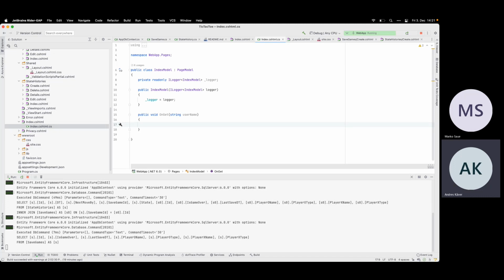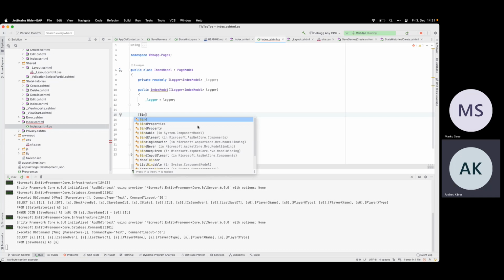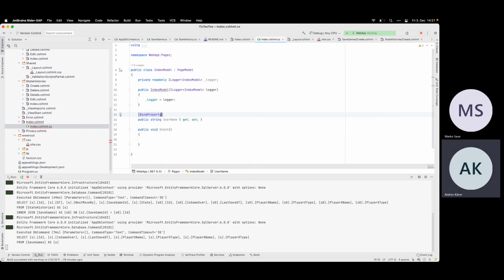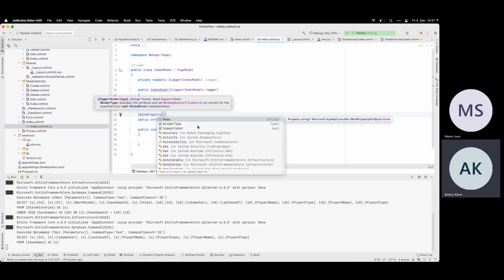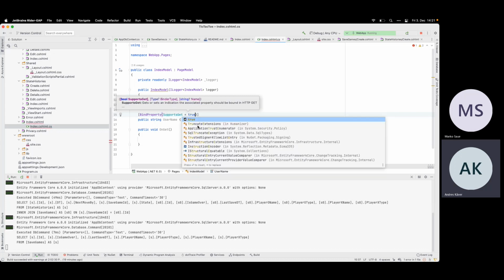And then let's add it here. Or I can actually make it bind. What was it, bind property, supports get equals true.